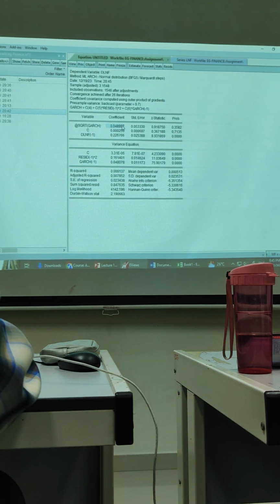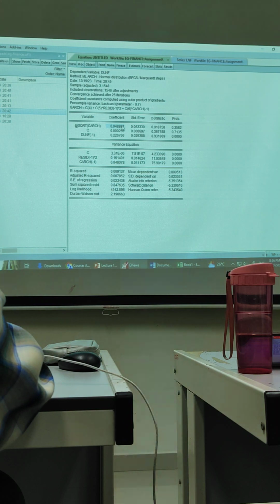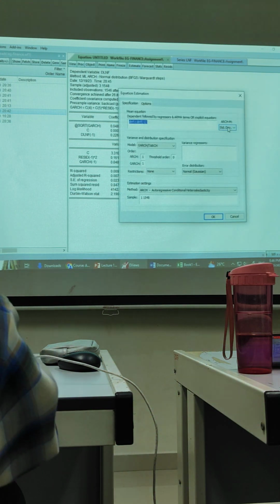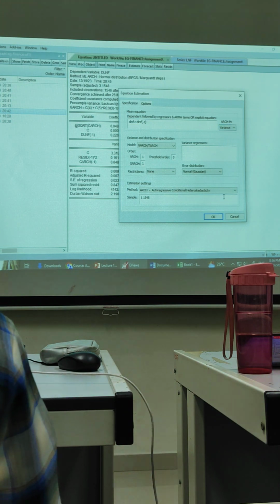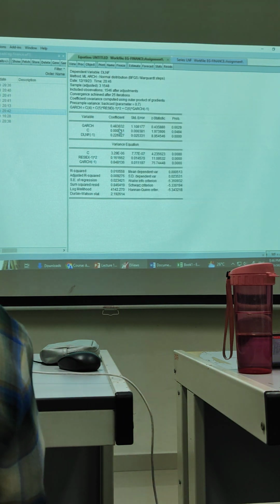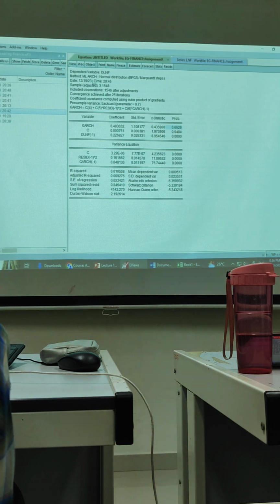Higher the risk, higher the return. Is it a leverage effect? Remember the leverage effect we discussed just now? Is it that the higher the return, the risk also increases, or the other way around? So you check back the statement just now, the leverage effect. So it's insignificant. So how about if I change the mean, I use the variance? So what happened? Also positive, still insignificant.